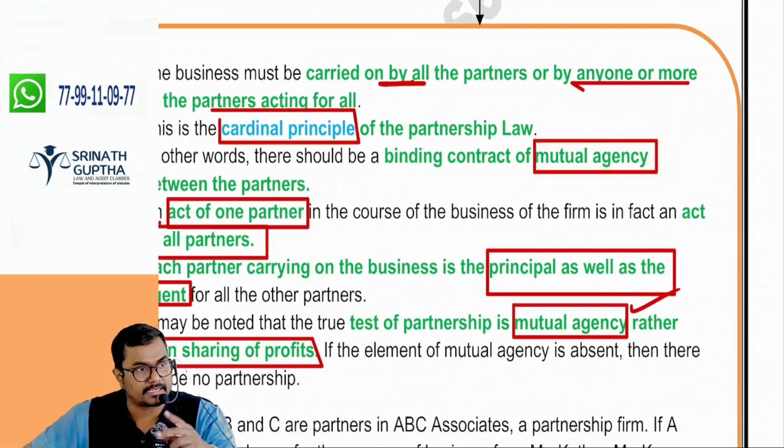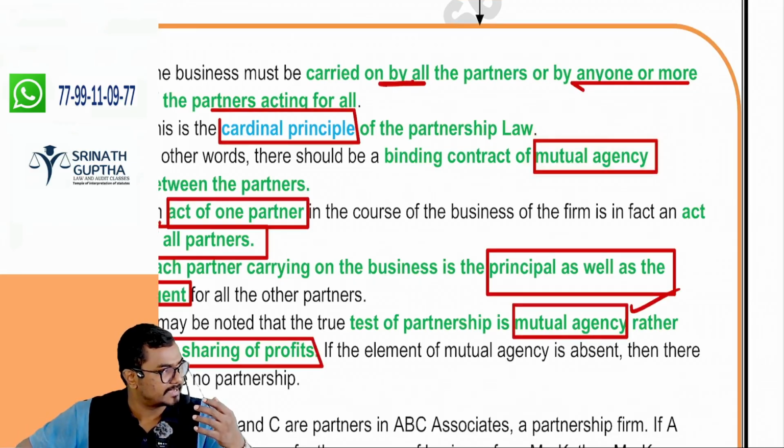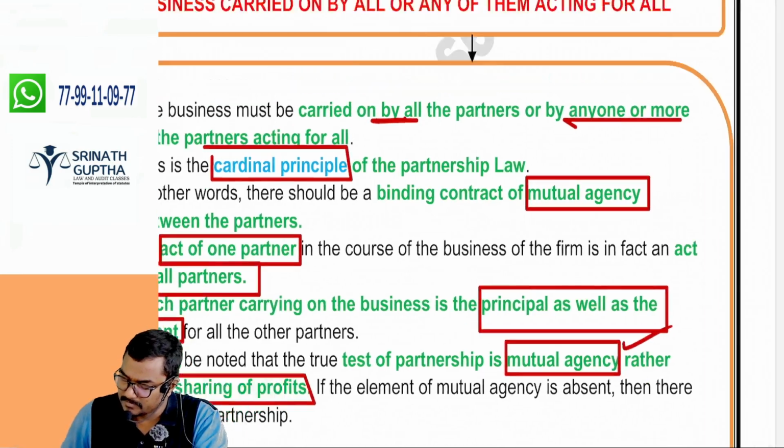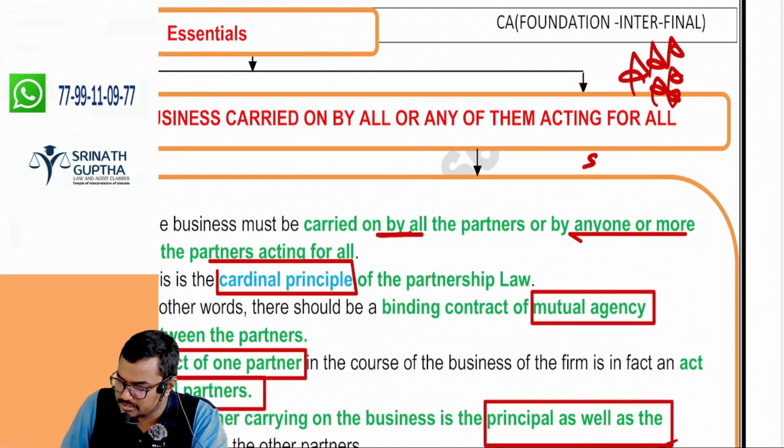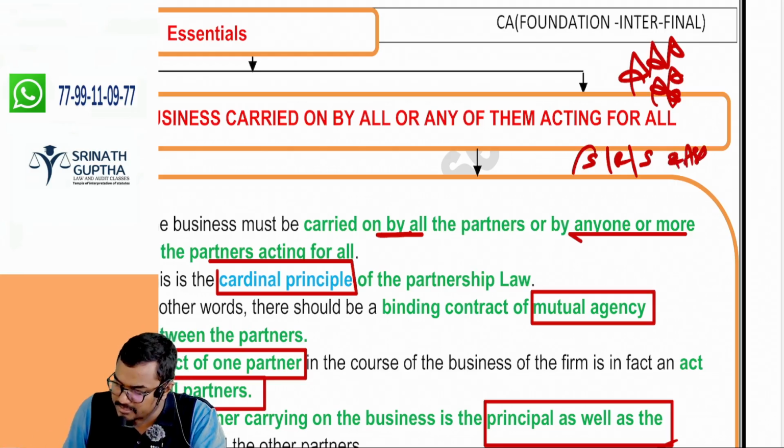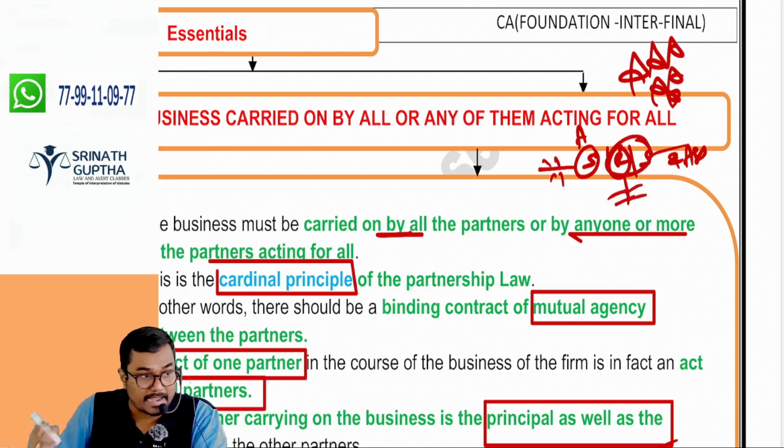Each partner is making double action. Each partner is acting as agent cum principal. For example, three partners are there: SG, Rajni, and Sahiti. If SG is selling the goods, I become the agent and they become the principal. If Rajni is selling the goods, Rajni will become the agent and others will become the principal. So previously I am the agent, now I am the principal. This is called mutual agency.